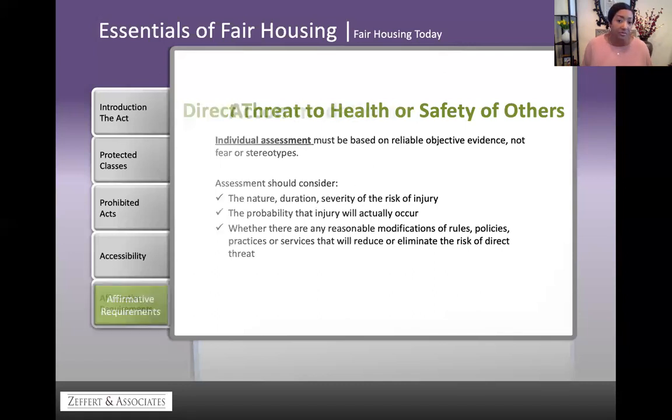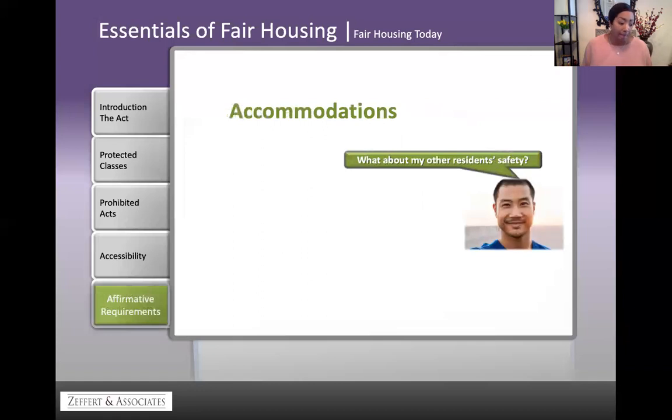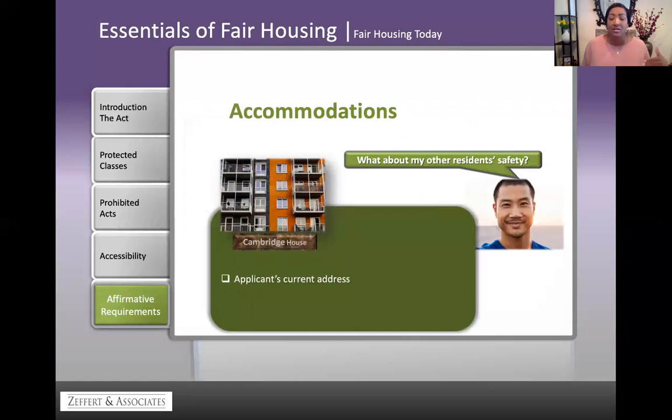When you are going through the application process and reviewing, at the bottom of page 13, recent history of any overt acts, depending on what information you receive from your background checks, housing providers must take into consideration whether the applicant or tenant has received intervening treatment or medication that has eliminated the direct threat.